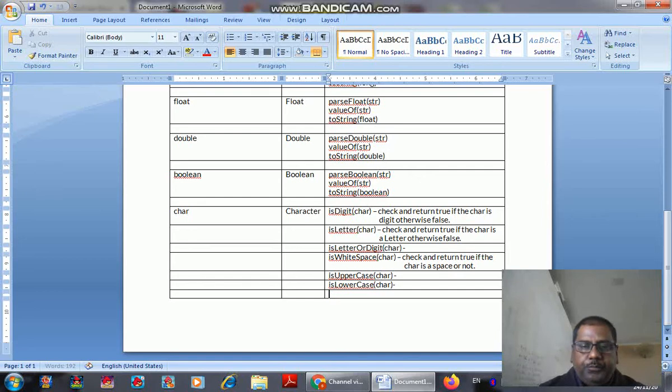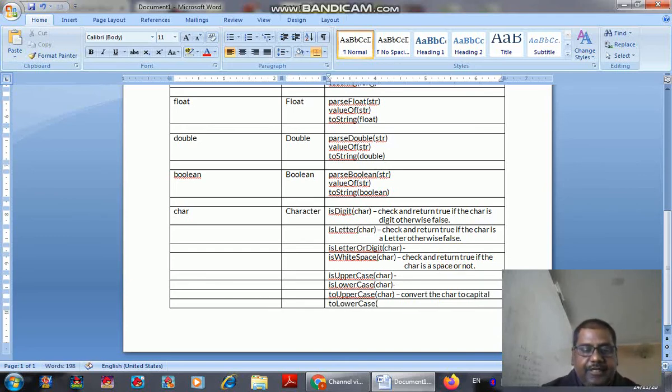There is a function toUpperCase, and within the brackets you are passing a character value. It will convert the char to capital. Similarly, we have a function toLowerCase, and within the brackets I am going to pass a char.